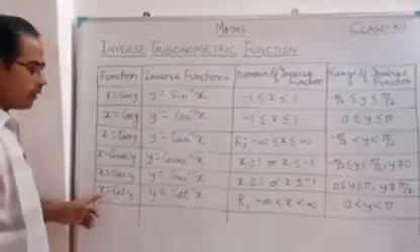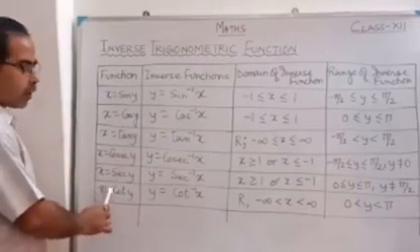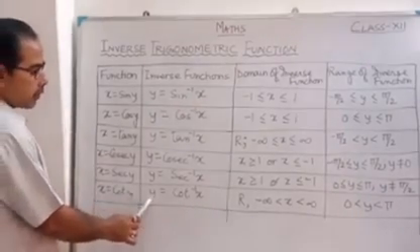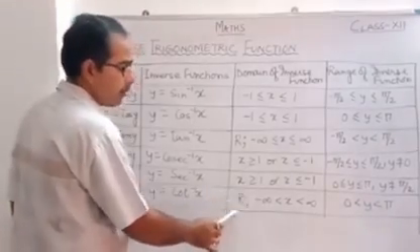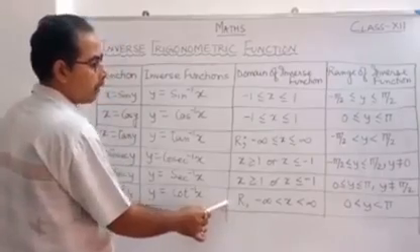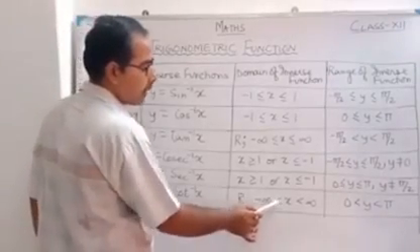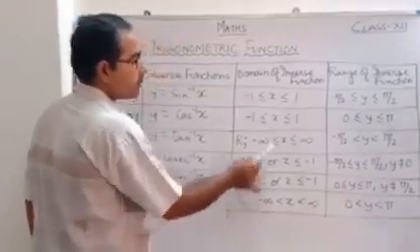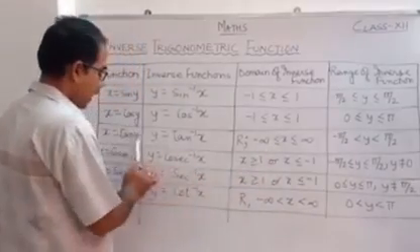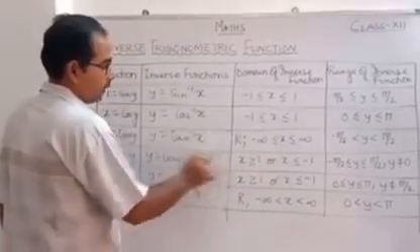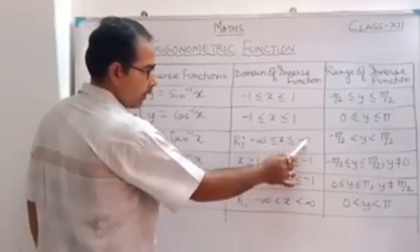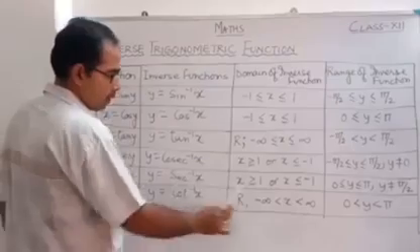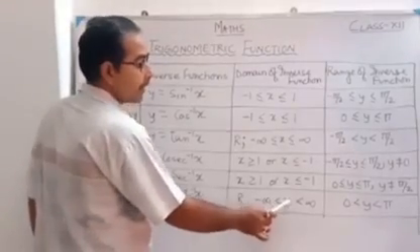And the last one, the function x equal to cot y, for that the inverse function will be y equal to cot inverse x, and the domain will be again the real numbers, or I can write -infinity less than x less than infinity. This is the basic little difference between tan and cot. For tan, it will be -infinity less than or equal to x less than or equal to infinity, correct? But for cot, minus infinity less than x less than infinity.